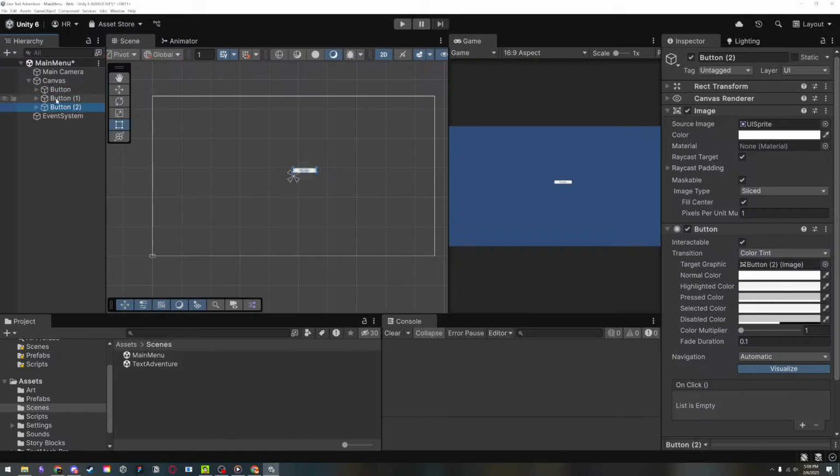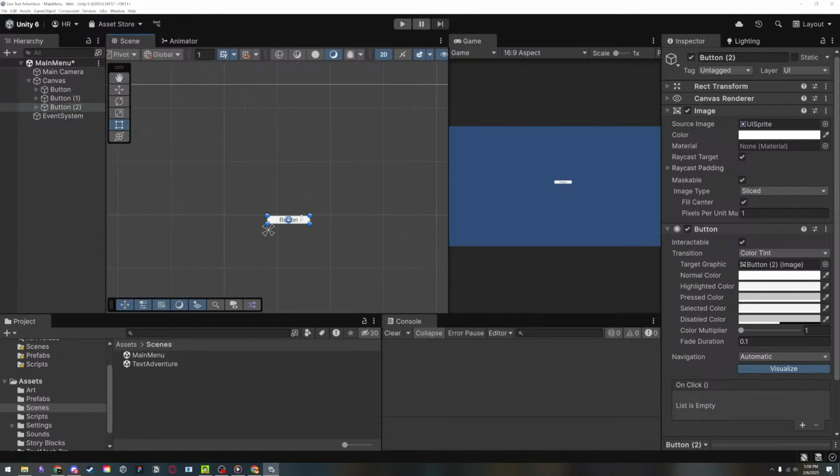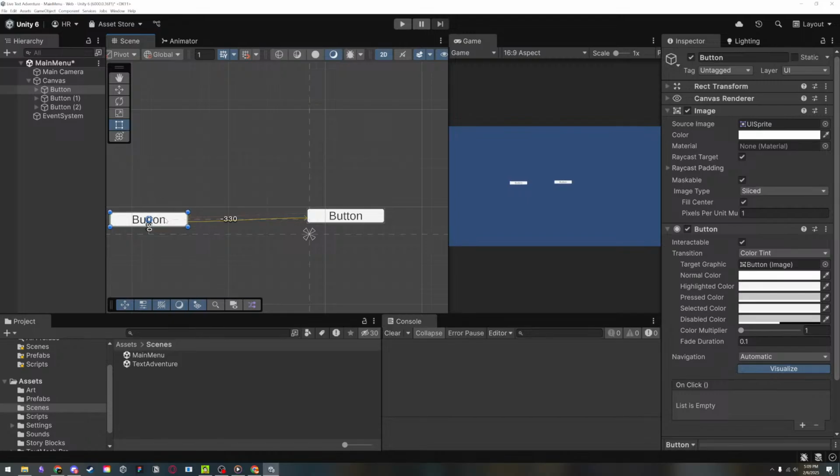And now we duplicated it twice. We have 2 different buttons for all of our different games that we're going to make in the future. So in order to organize it, you could do it by hand. If you just click on the first button, when you go over to the scene, you could just zoom in by scrolling in on your mouse wheel and then dragging it over. Or